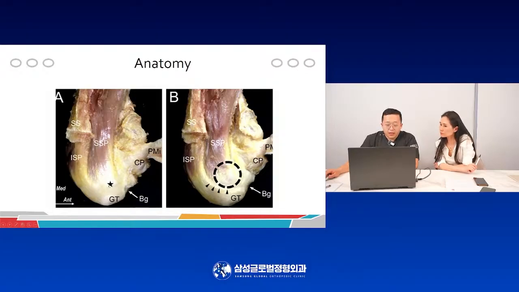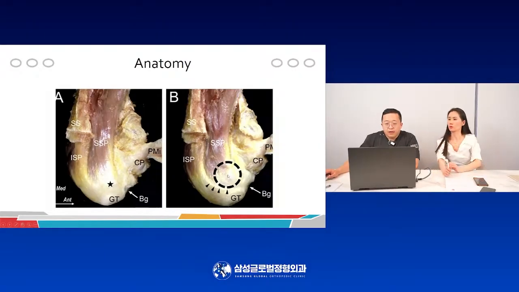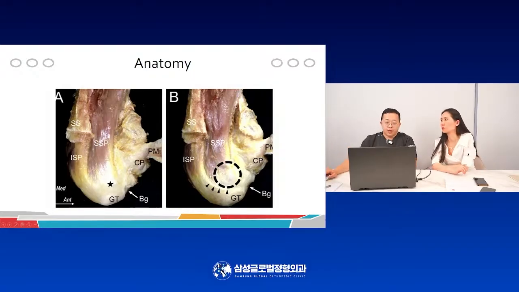But as we see, the leading edge, we call it, and the most common problem site is always from the greater tubercle, GT, we call it. From there, the tendon, especially the supraspinatus tendon, can be easily damaged and torn from this point, okay? So if that happens, the tear can become much bigger than before, very easily, in a very short time, okay? So that is a problem. That is the main issue of the rotator cuff tear, right?